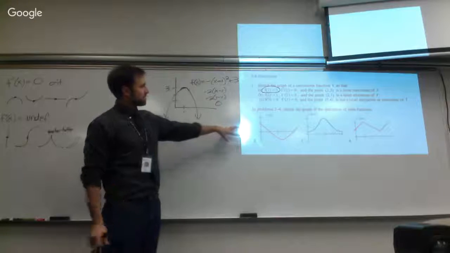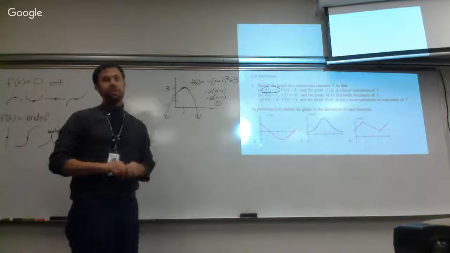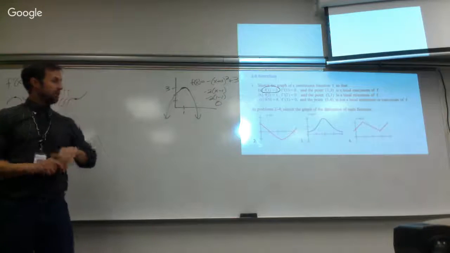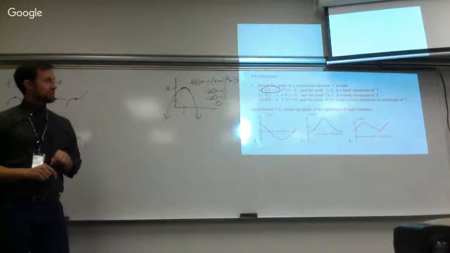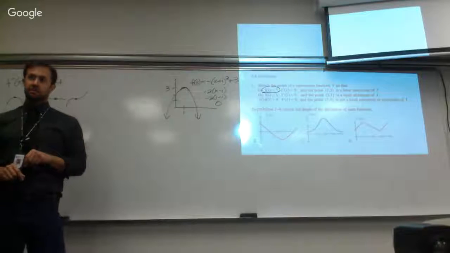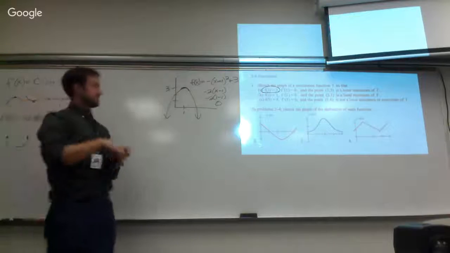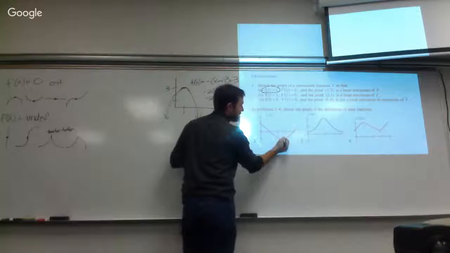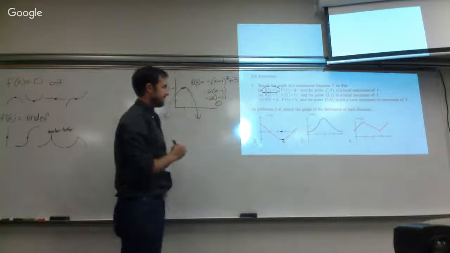So in problems 2 through 4, sketch the graph of the derivative. Now this is very fun. They want us to sketch the derivative right on top of the graph that's already there. So what do you suppose would be the easiest point to graph of the derivative? Yeah, where the max or min is. That's always the easiest. So like for instance right here, I have a minimum, which means the derivative value is 0,